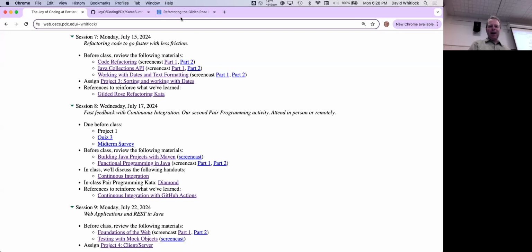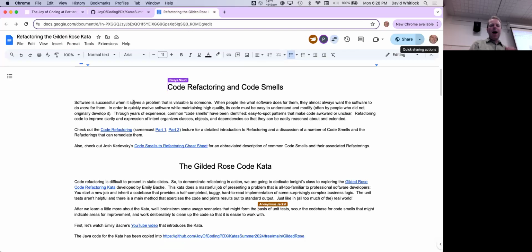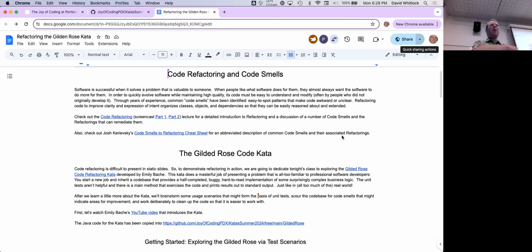Now let's talk about code refactoring. I hope you had an opportunity to look at the code refactoring slides or the accompanying screencast tonight. Code refactoring is a pretty advanced topic in software development. And while I think a lot of professional software developers know about it and sort of know what it is, the more I research it, I realize there's a lot of discipline here, and there are a lot of tools for refactoring that are good to know about.